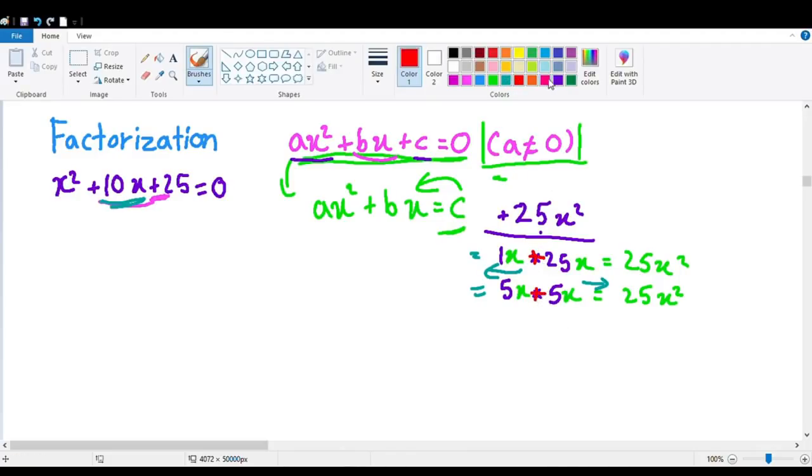So it's going to be 1x plus 25x, or x plus 25x. It's going to be 26x. And when we add these, it's going to be 10x. So, as you can see, one of these two has to be